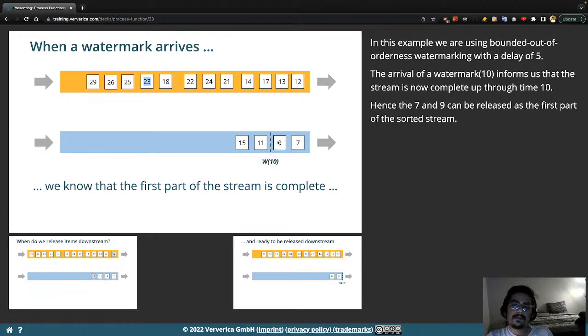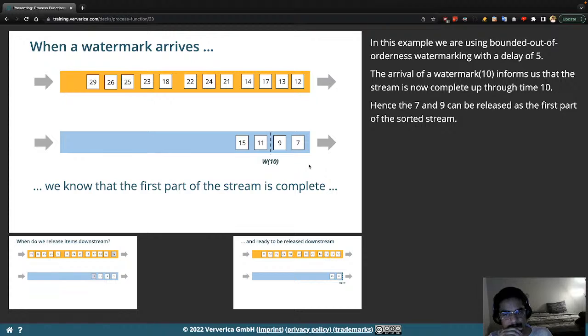This watermark will only be produced according to our watermark strategy, of course. So if the maximum is 15, and our watermark strategy has an out of bound threshold of 5 seconds, it will produce a watermark of 10. So whenever this watermark 10 happens, we can remove these sorted elements from the priority queue and produce those as an output,